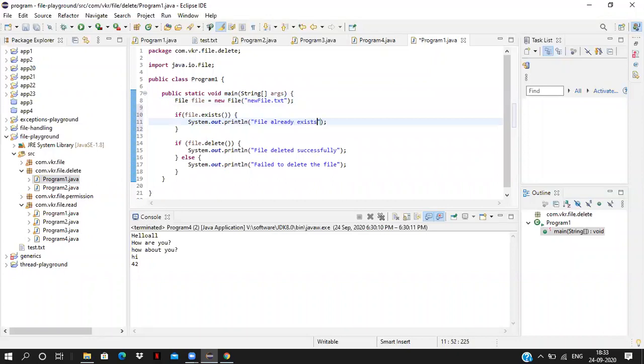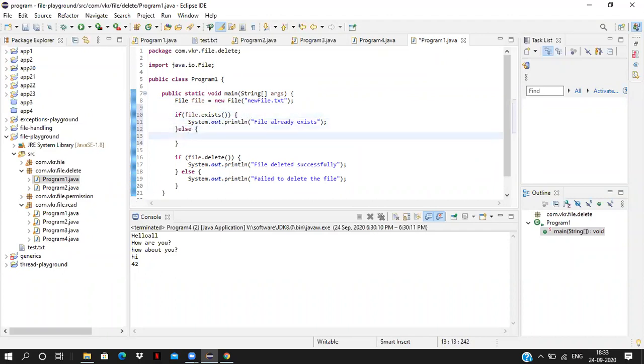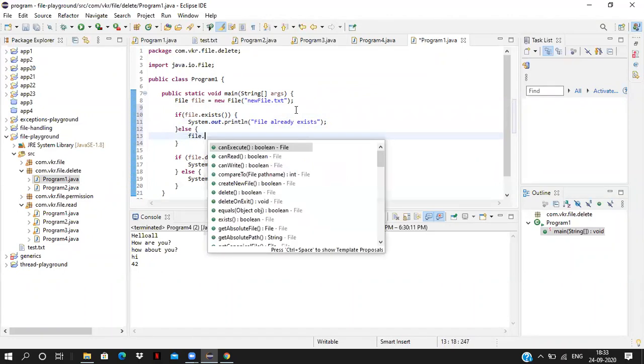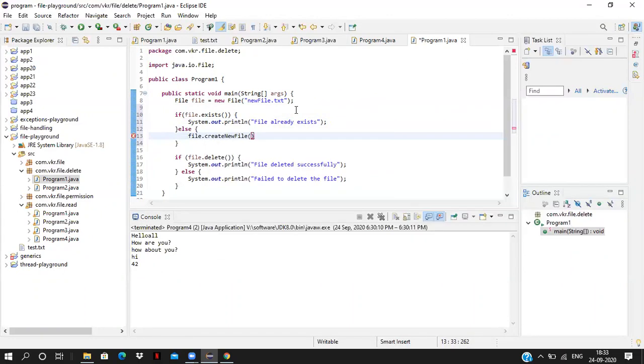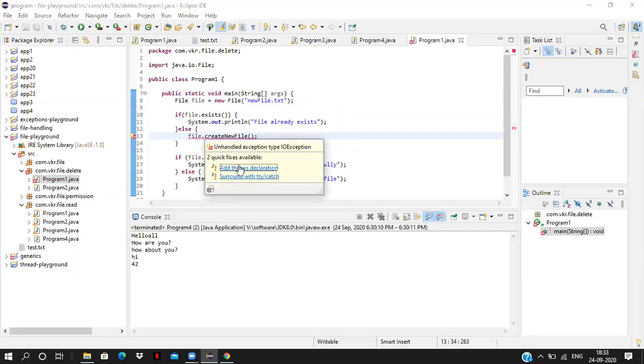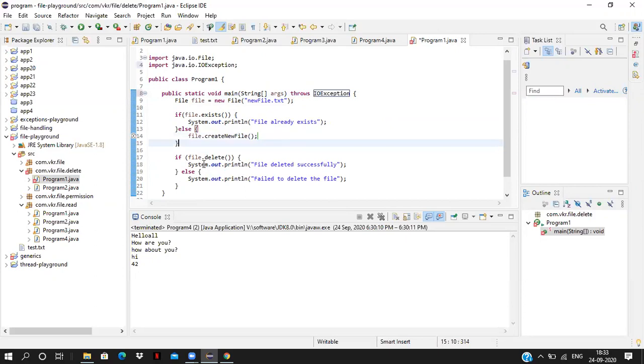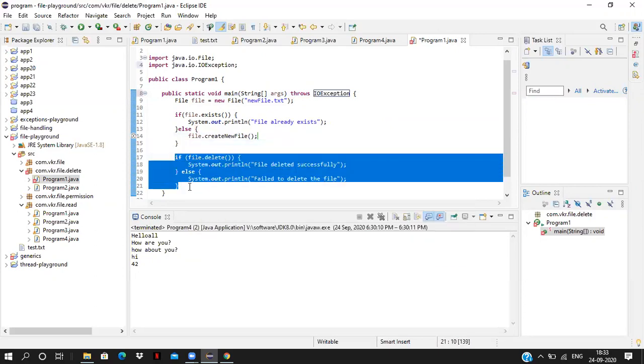I'm just printing file already exists. If the file does not exist, then create a new file. Because my file is not there, I'm adding throws. First I am creating a file, then I will delete the file.